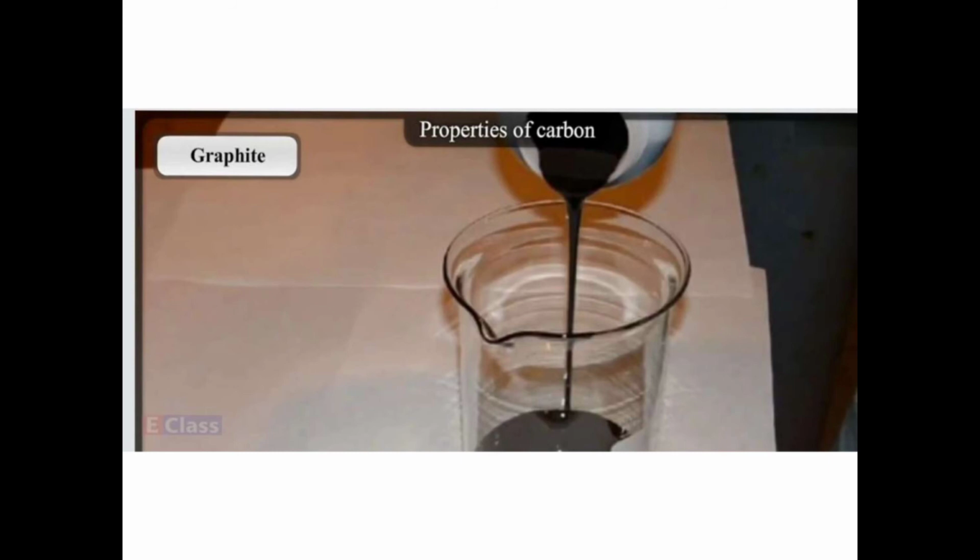Okay. Now graphite is used for making lubricants. Lubricants, you know, are the things which are used in a machine to reduce the friction. It makes it smooth. For example, the oil at home, if you apply it to the door hinge, it will become smooth. It will not give that squeaking sound. Okay, so a lubricant reduces the friction.